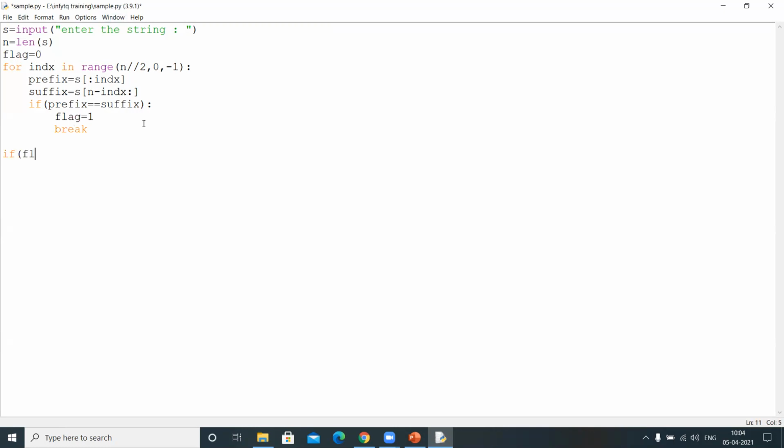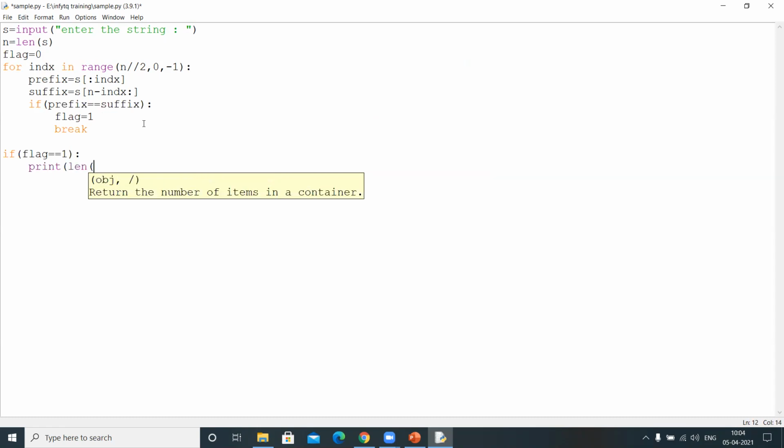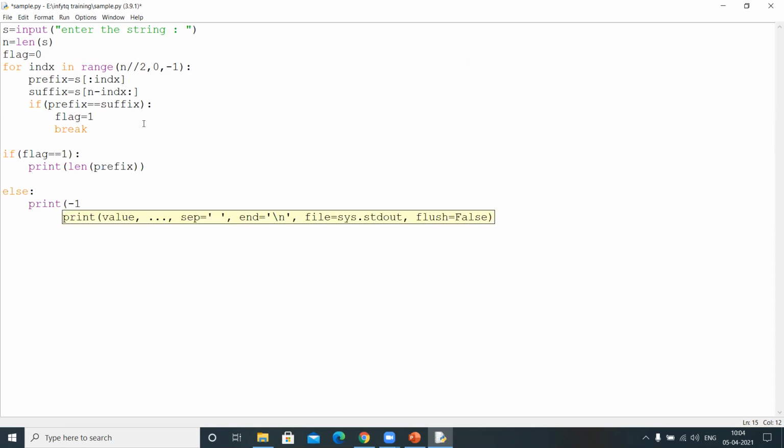Now observe, if flag equal to 1, which means yes, we found the longest prefix same as suffix. In that case you need to print the length of the prefix. If you don't find the longest prefix same as suffix, in that case what we need to print? We need to print -1.